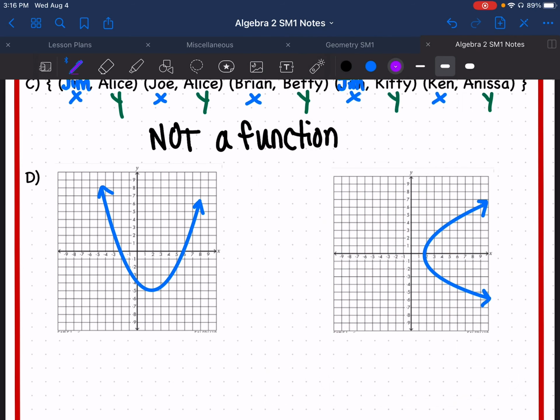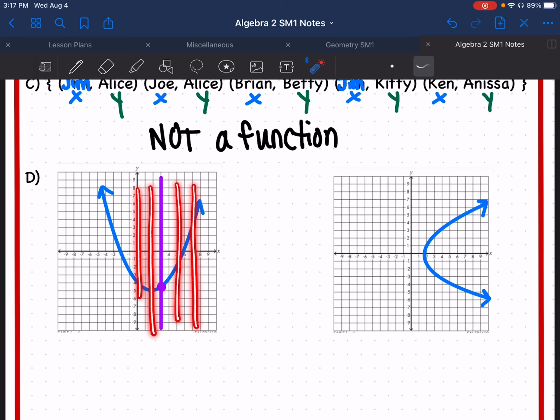Let me do it with the purple. Here is my vertical line. It only intersects the graph right here. Now be careful, you don't only want to do one, you kind of want to think of more. So let me use my laser because I don't want to do a whole bunch of them. All you want to do is kind of think about moving that line. You can almost take your pencil, put it straight up and down, and just kind of move it